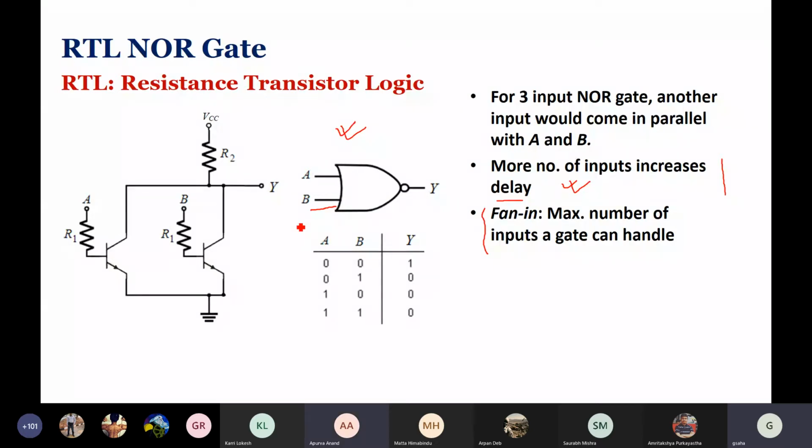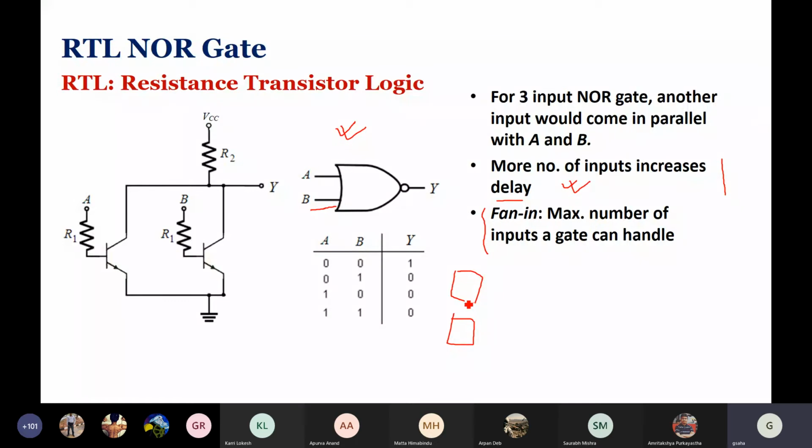Sir, what would we prefer if we want to take more inputs than that? We shall change the logic family. This logic family has a particular fan-out. This logic family has a particular fan-in. What kind of logic family and how would it deal with that, we shall discuss. Or we shall break it into more such components.